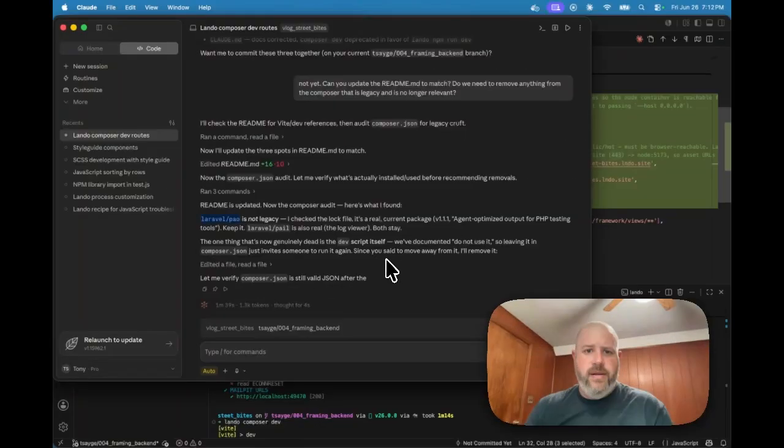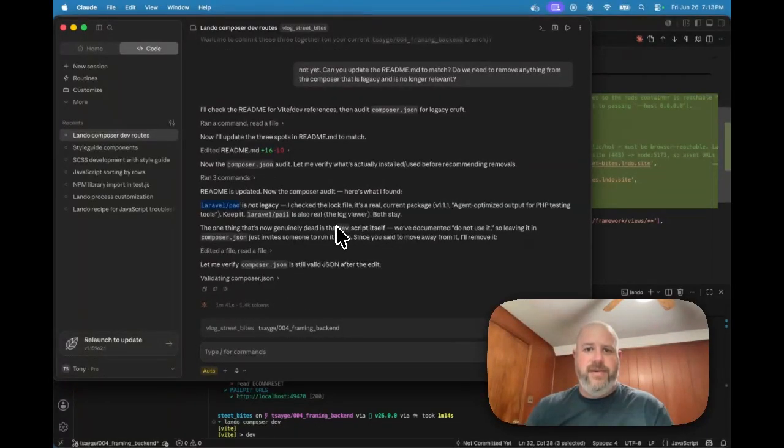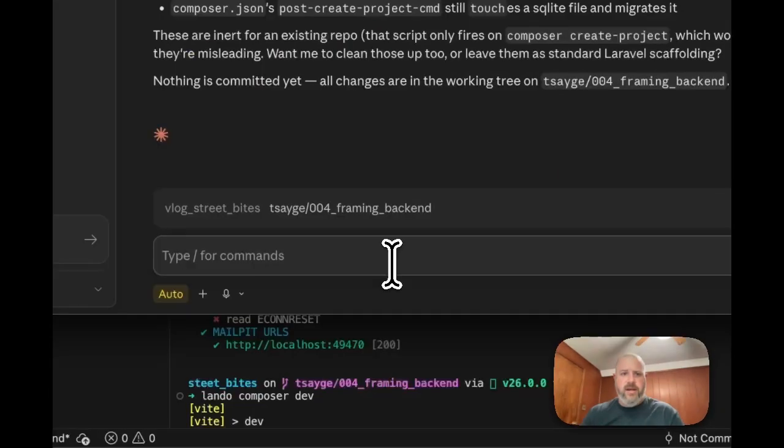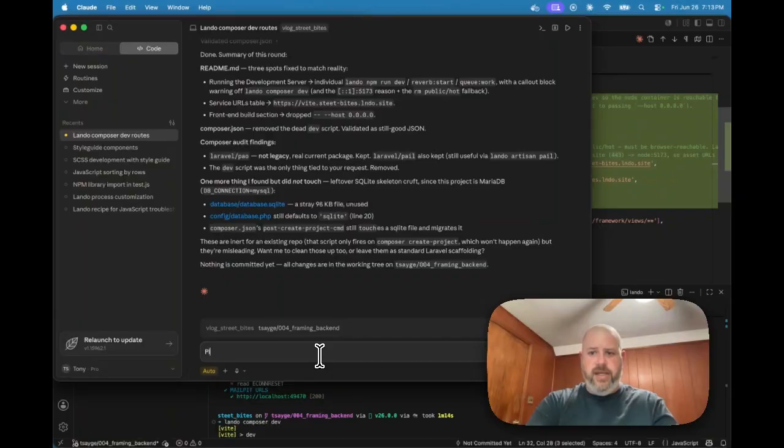Laravel POW, the dev script itself. That's what I want. We've documented, do not use it, so leaving it in Composer.json just invites someone to run it. Yeah, that's what I'm saying. Leftover SQLite skeleton CRUD, but it's MariaDB. So that must have been brought in with Artisan. But I don't want that. Want me to clean those up? Please clean them up. While you're at it, would you do an audit to make sure that all the config are reflecting